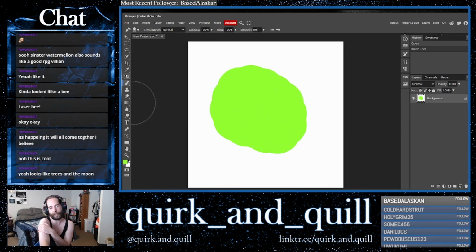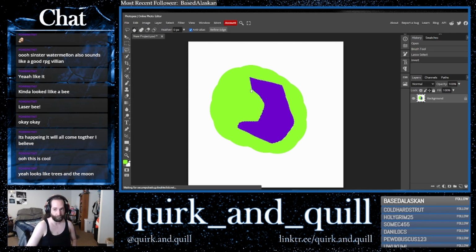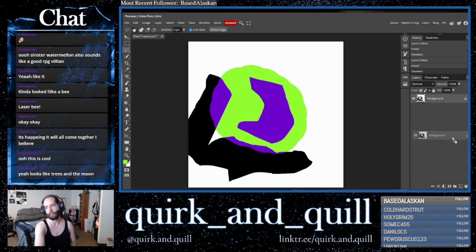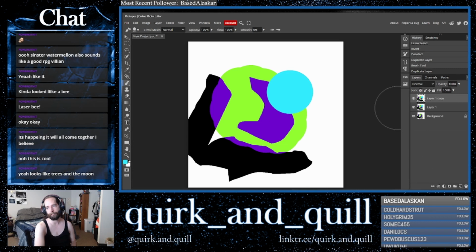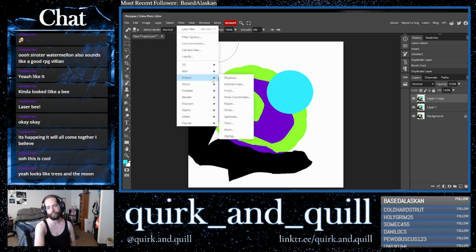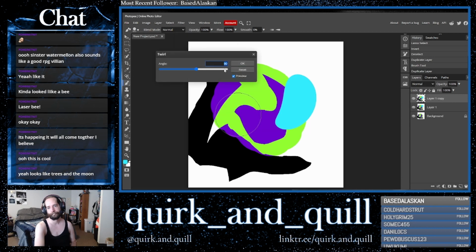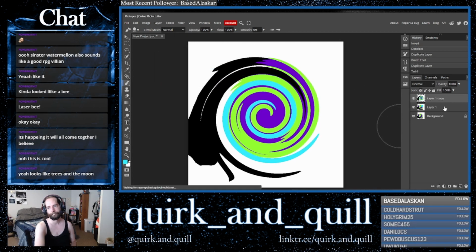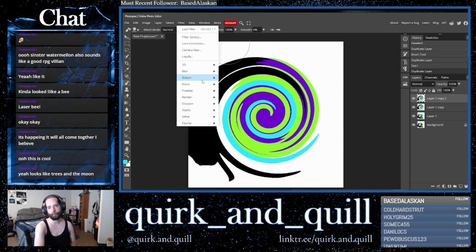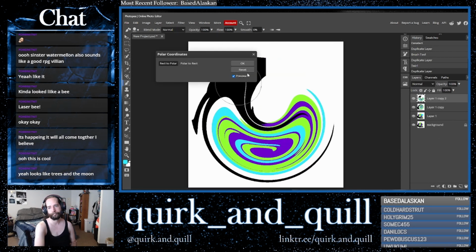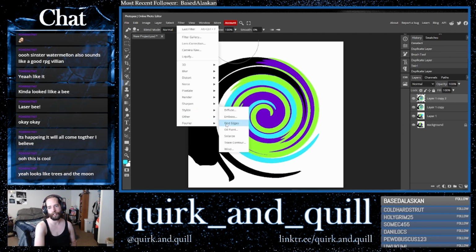We'll start with a nice lime green blob. We'll go ahead and make some shapes. We'll do that. And go ahead and just add in another shape. Why not? Go ahead and twirl it up. Now we're gonna find edges.